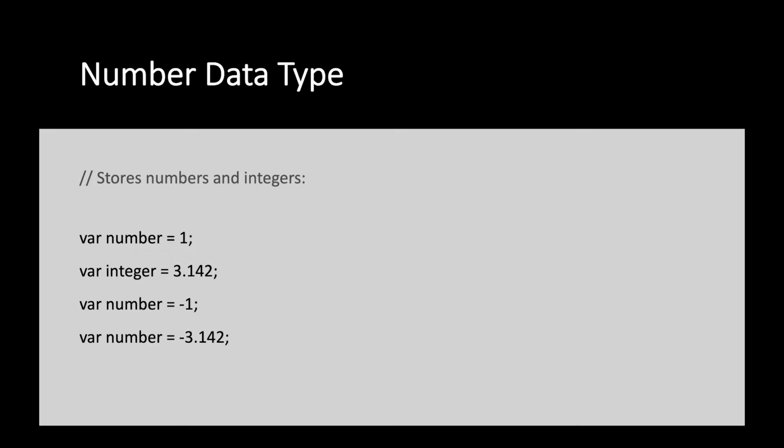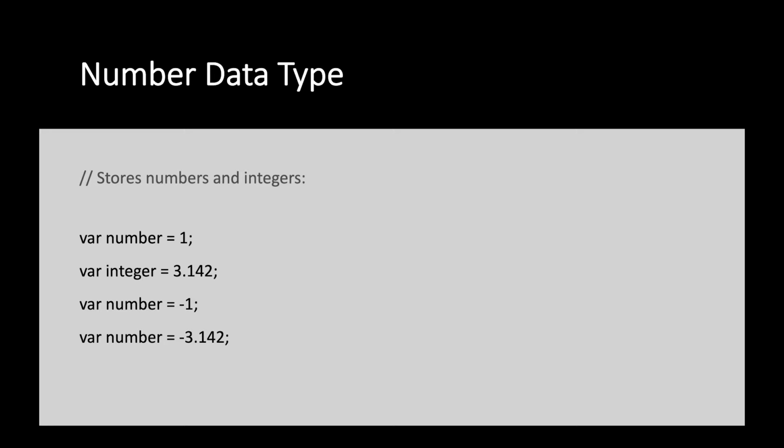The number data type. The number data type, as you guessed it, handles and deals with only numbers. To store a numeric data type in a variable, simply assign a number to the variable. It can be any regular number, so 1, 2, 3, 56, 3087, whatever you want. It can also be a decimal number, so